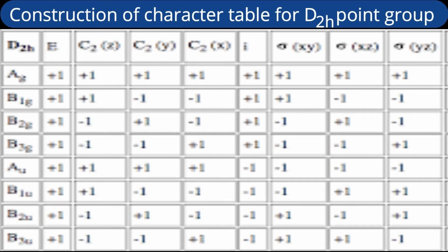So B2g is the symbol for the third irreducible representation. Similarly, we will understand that because of antisymmetricity with axes, the B symbol is there. Because of symmetric with the third plane, the 3 term is there. And because of symmetricity with center of inversion, g is there. So B3g is our fourth irreducible representation. See the fifth irreducible representation. It is similar to Ag, but the only difference is in center of inversion and planes. The antisymmetricity is found. Since it is symmetric with all axes, the term is A, and as it is antisymmetric with center of inversion, the term is u. And since only one such term is there, for distinguishing between them the subscripts 1, 2, 3 are not needed here.